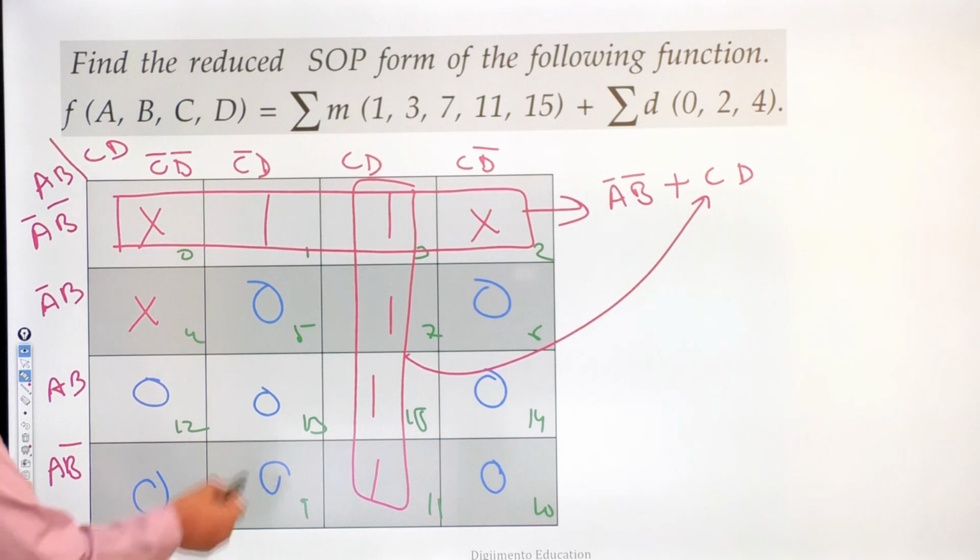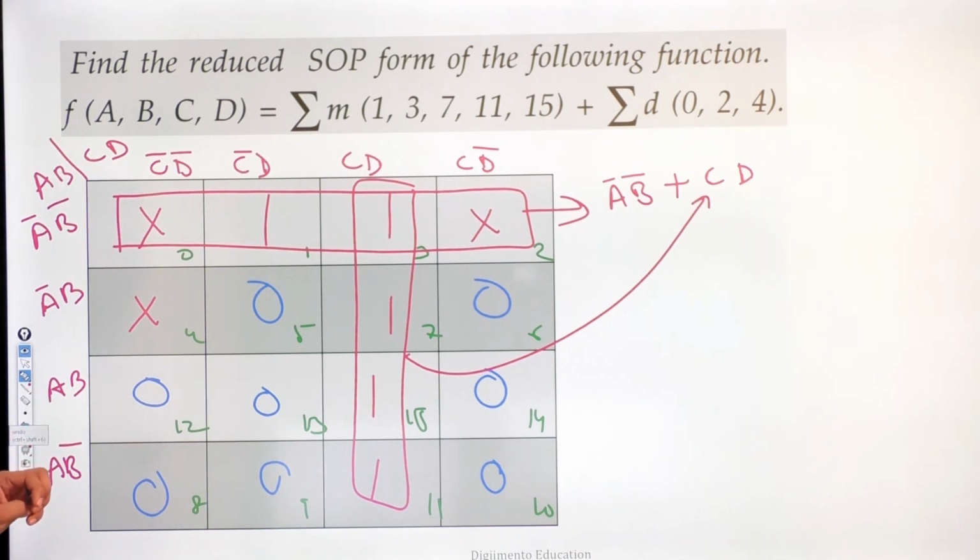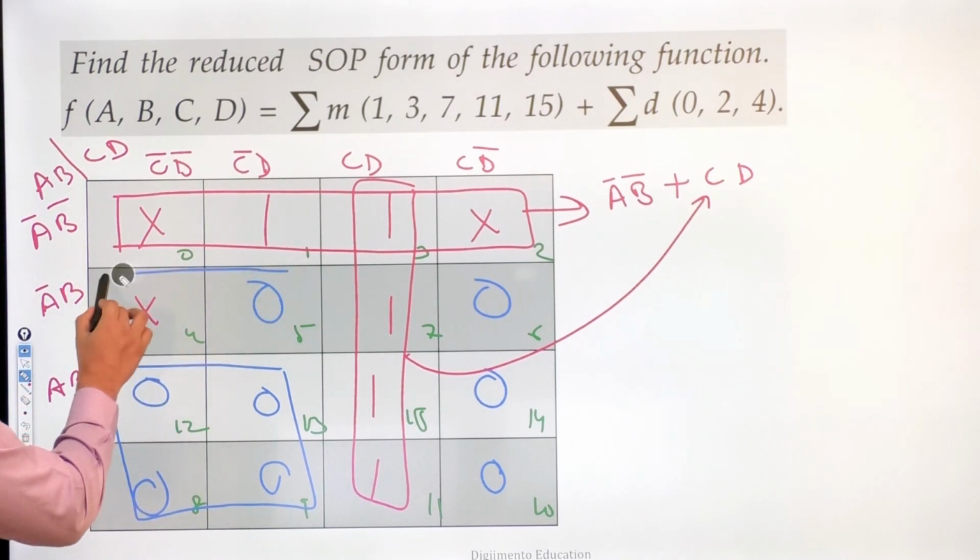So I can make one subcube like this. So this, not this. I can make a subcube in this manner. I can combine these elements to create a subcube. हम इसको यहाँ से subcube बना सकते हैं. I want to make as big subcubes as possible. I can combine these two for a subcube.